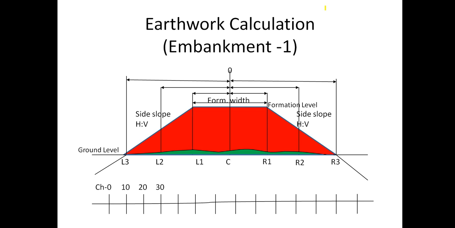And so, like that, you have to take the mean levels first. So, for example, this is your ground level. This is the center of the alignment, C, and we have to take levels left hand side, right hand side. How much distance you should cover, that you must know, because it's according to the height of the formation. So normally we need the data existing RLs